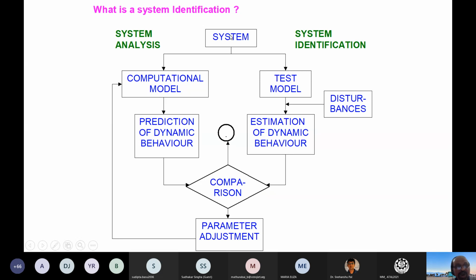But in computation, depending upon the modeling and the method you are using, you can play with that. So if this comparison is not good, then what will we do? We will do the parameter adjustment. Suppose this is X, so I will give you here X plus delta X or X minus delta X. Again I will introduce that, and then you will do this comparison, and when this comparison is good with respect to the user, then